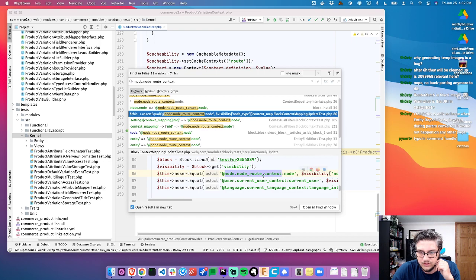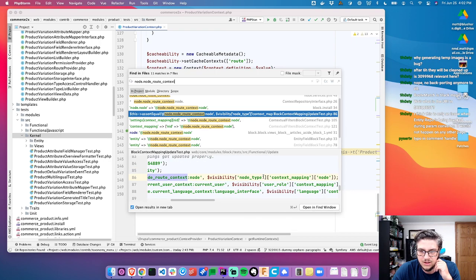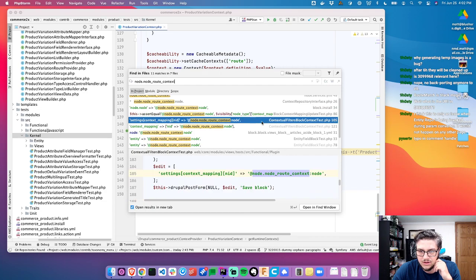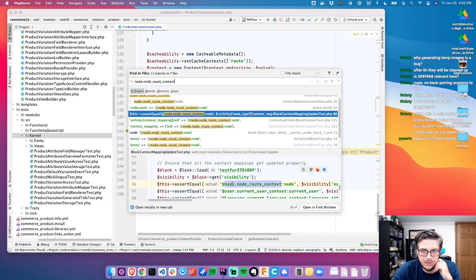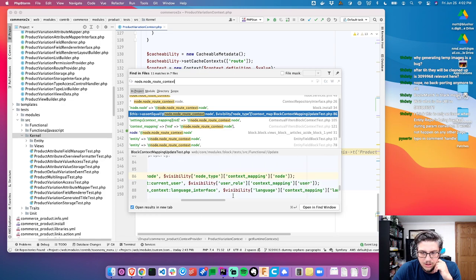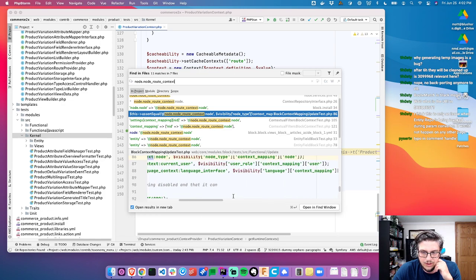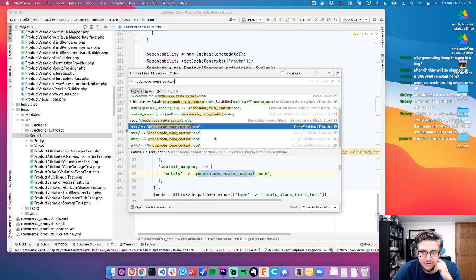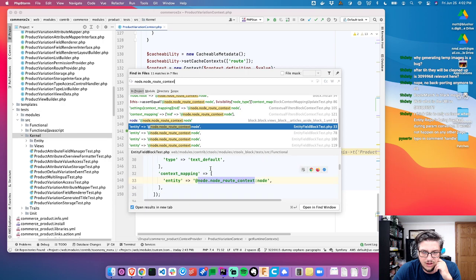That's a functional test. Contextual filters, functional, but how does this load block? Block get visibility. Visibility, yeah, it's there. Entity field block test, another functional test inside of